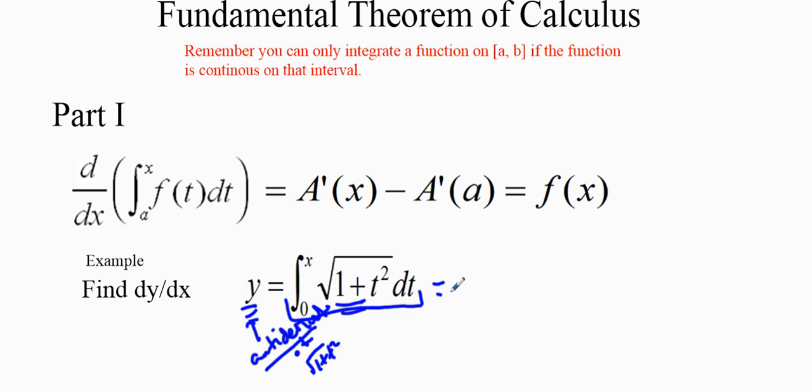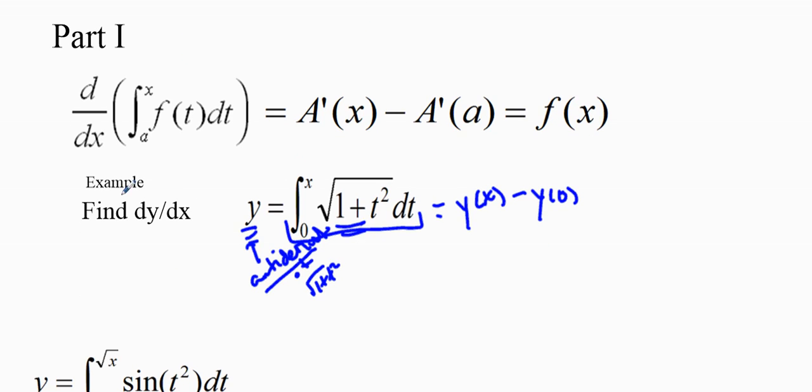Now, if we integrate this from 0 to x, we would actually have y of x minus y of 0. That would be our proper integration if we knew what y would equal. Now, we want to figure out what dy dx is. So we're going to take the derivative of this function right here. When we do that, I'm not going to look at this, but at this right here. That means I'm going to take the derivative,